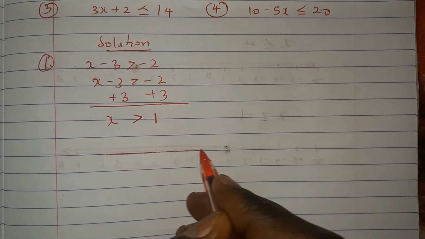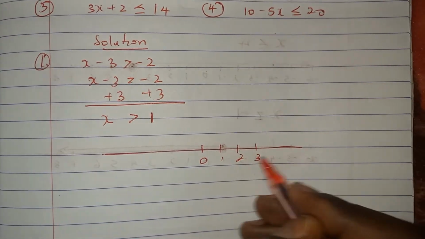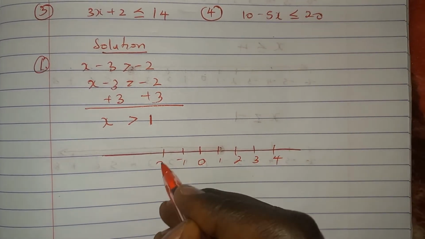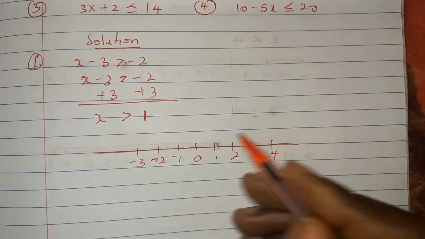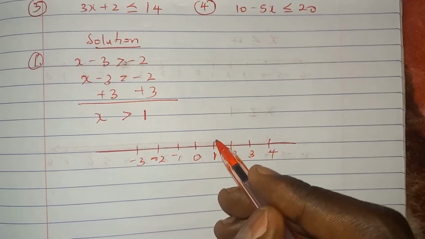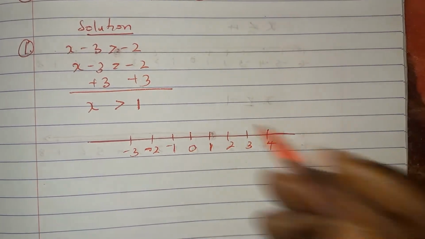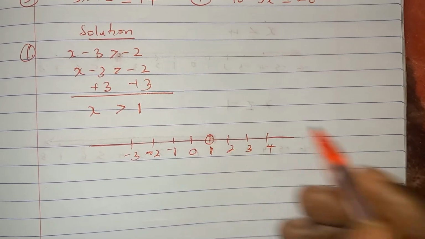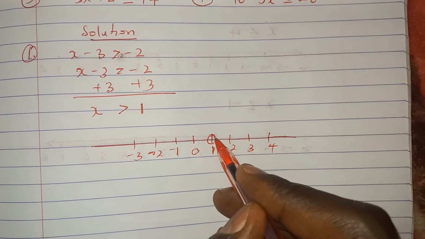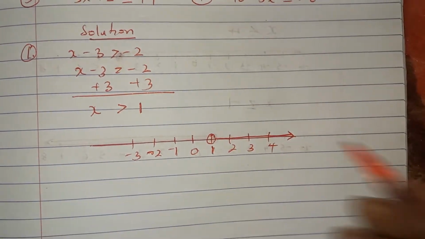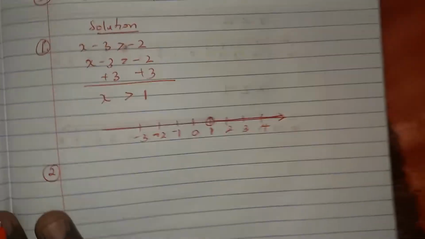To represent this solution on a number line, we will draw our number line. Then locate 1, and since x is strictly greater than 1, we will draw an open circle at 1 and shade all points to the right of 1, since x is greater than 1. Now, second example,